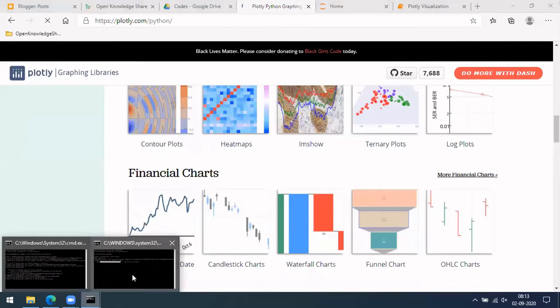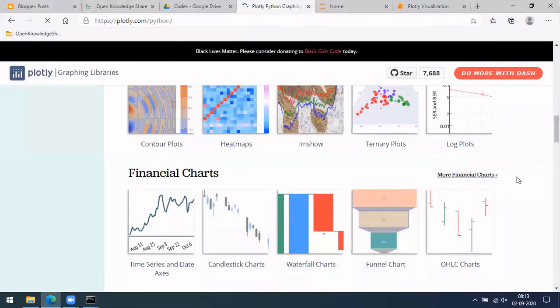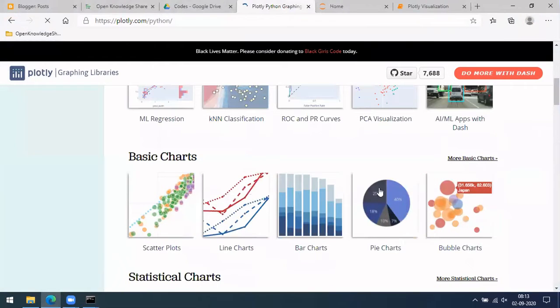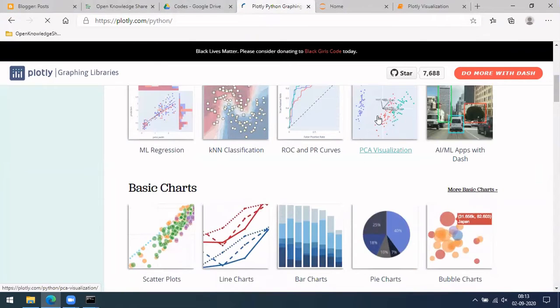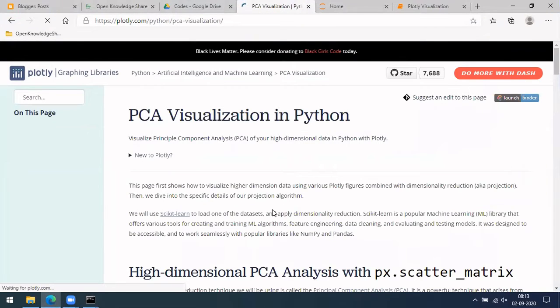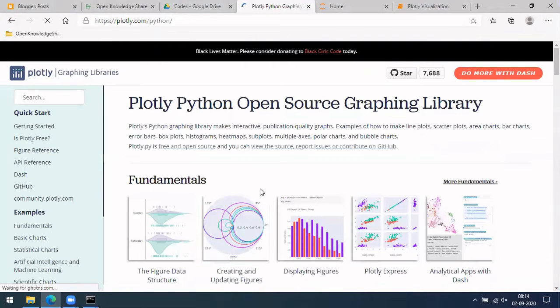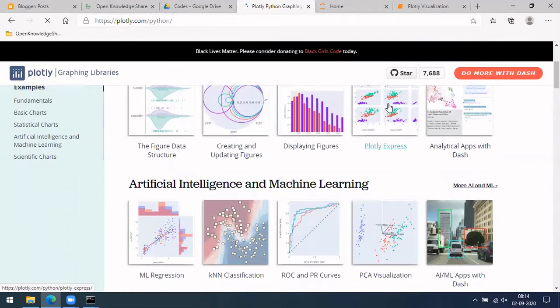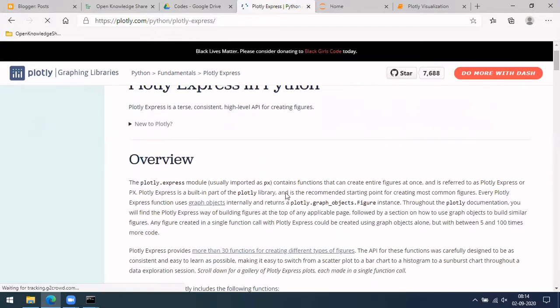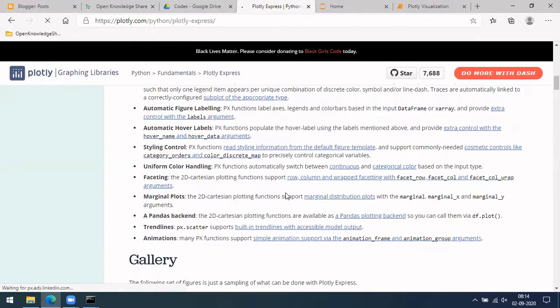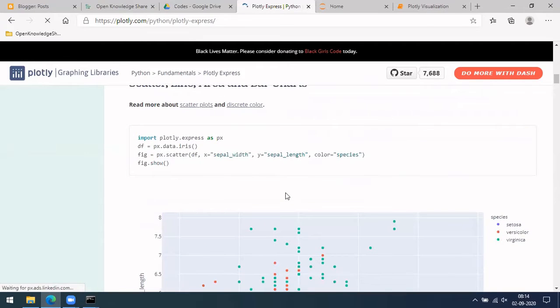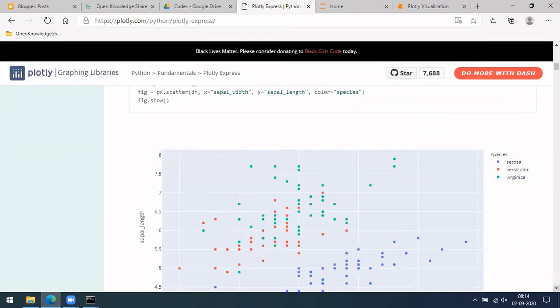Okay, by this time this might have installed. Oh, it's not. Okay, let's go for a bar chart this time. Like we haven't seen this, right? Maybe I have to cover some other topic to tell this, but earlier this was not an open source library, but they made it open source after a while. So now it is free to use.